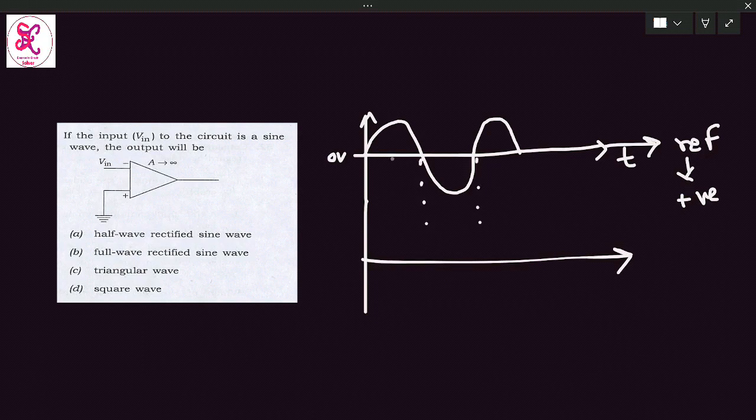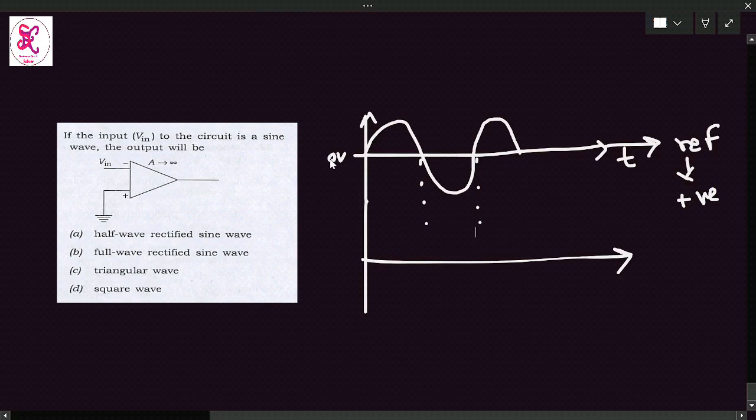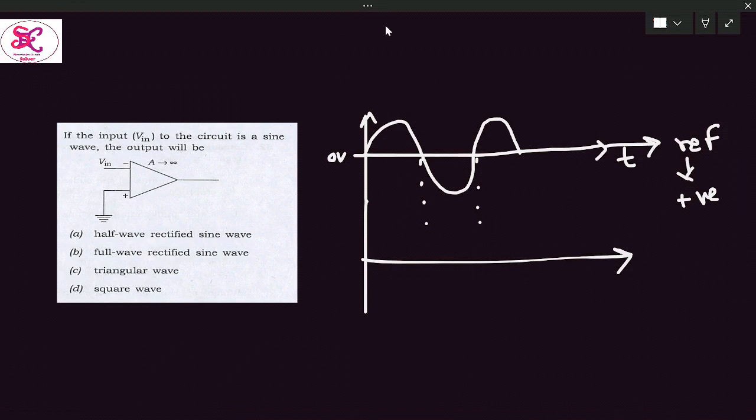What happens if input is at inverting terminal? Op-amp is in open loop configuration. During positive half cycle, if the input is above 0 volt, 0 volt is the reference voltage which is at non-inverting terminal, and if the input voltage is above the 0 volt, what will be the output at the output node? What will be the nature of the waveform at output? Since the input is at inverting terminal, we are getting